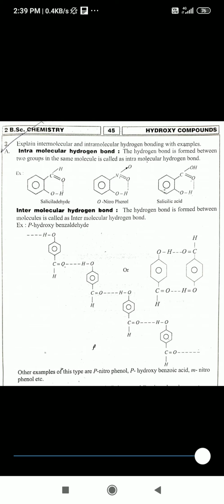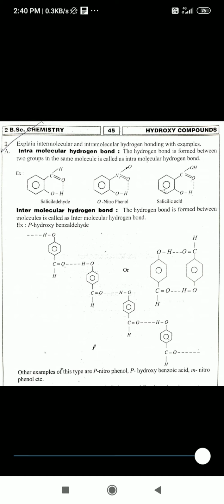So HO-C6H4-CHO. Again, a bond between O and H of another molecule. See from the figure, we can observe that. So that is about intermolecular hydrogen bonding. A bond is formed between two different molecules, not within the molecule. But in the previous case, the same bond is observed within the molecule, that means in the same molecule. That is the difference between intramolecular and intermolecular.